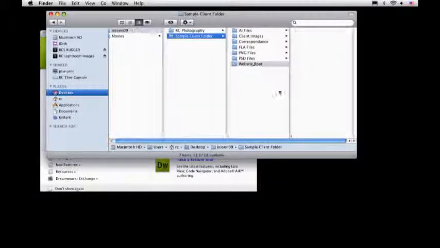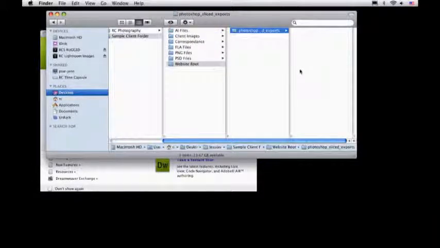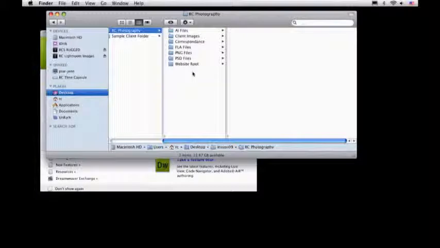Store all of your source files in these areas, and then you have a section here called Website Root that holds a folder called Photoshop Sliced Experts. That's all going to be used for any kind of website design stuff. I have another folder called RC Photography. Now this is the aggregate of all of the stuff that we've been working on. Again, most of these files are empty, but all of the work that we've been working on here is in